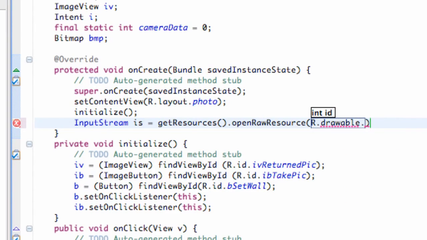Then we're going to say whatever image we want to set up, R.drawable dot, and then we can pick an image that we want to set as the background if the person doesn't take the picture and just uses that set wallpaper button. So we're going to set their background as the icon, which is pretty lame. That'll teach them not to take a picture and set their background that way. So basically we set up an input stream,